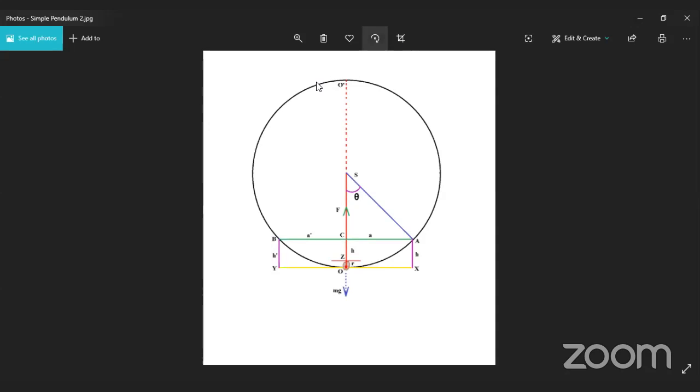Yes, sir. It is visible, just that approximation has to be done. I was just wondering about that. Which approximation? The arc is approximated to the perpendicular distance A or A dash, as you rightly mentioned. I have drawn the circle with a small radius. You always tell your students that angle theta should be less than 4 degrees. Four degrees is very small in radian measurement. So A equals CA, no problem.